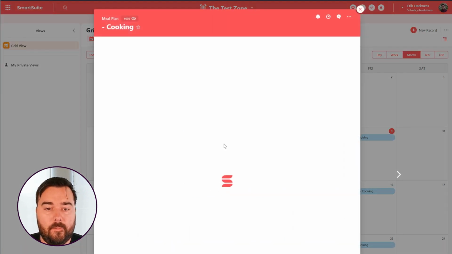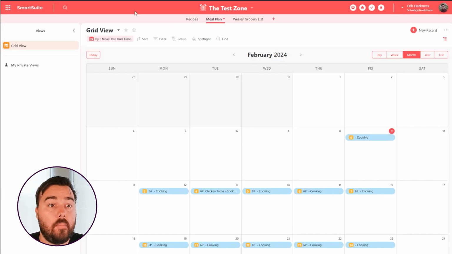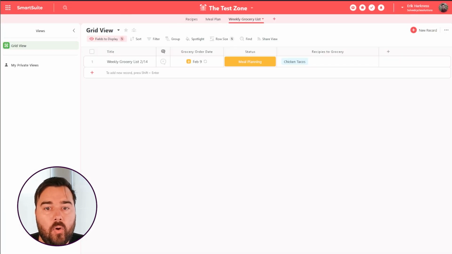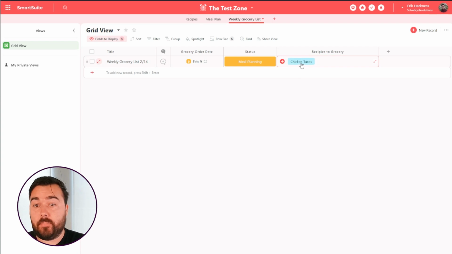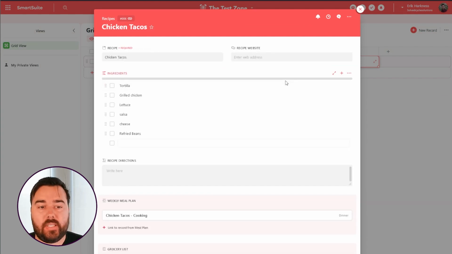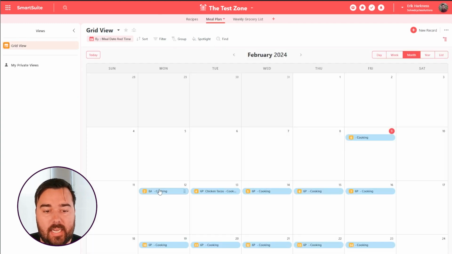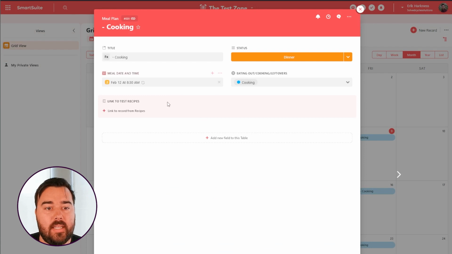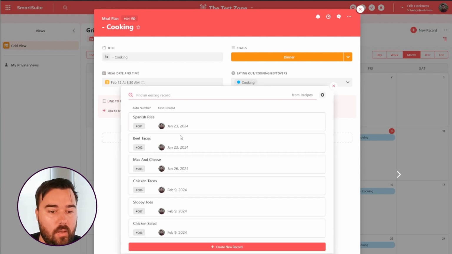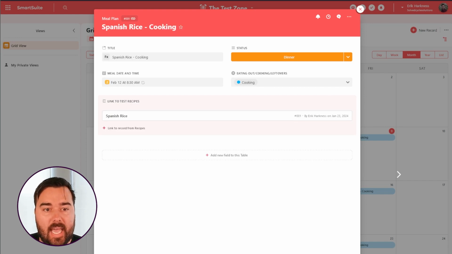So say I want to do chicken tacos on Tuesday next week. Once that's done, I can hop over into the grocery list and you'll see, boom, chicken tacos are listed as a recipe on the grocery list. So I can pull this up now without having to manually link anything. I can look at all the ingredients there on that list. But if I now go back in and put Spanish rice on Monday the 12th, and link that and save,